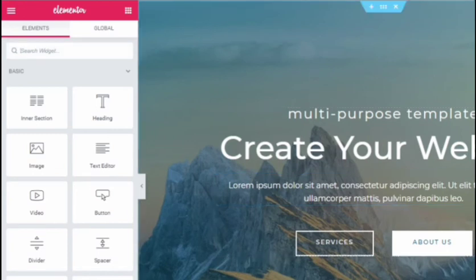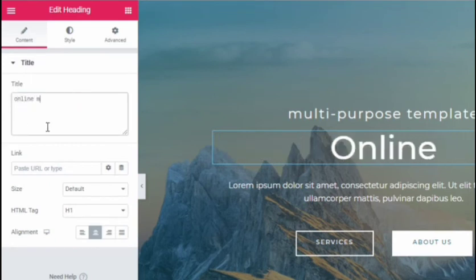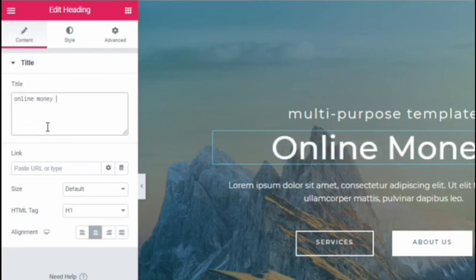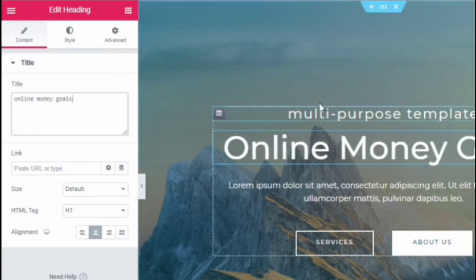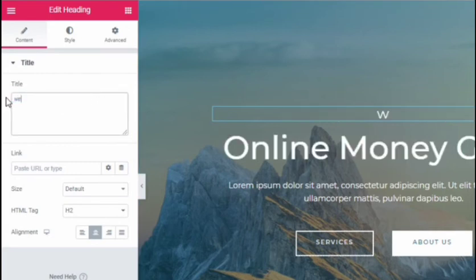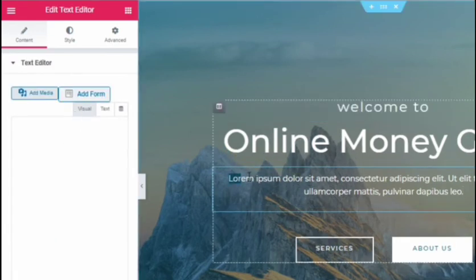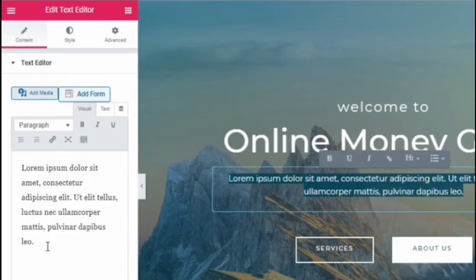Can you see in the left panel you have few tabs which will allow you to edit and add according to your need. I'll be changing the title as online money goals. You can add and customize however you want, but as I said already, the drawback is you won't be able to edit the background.